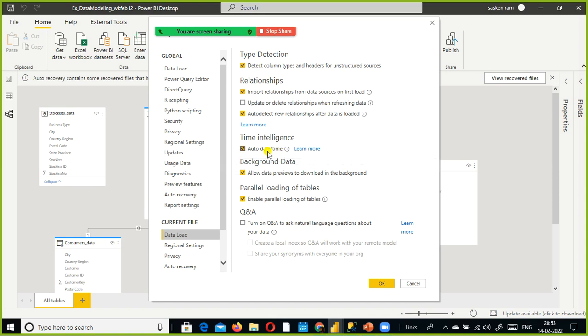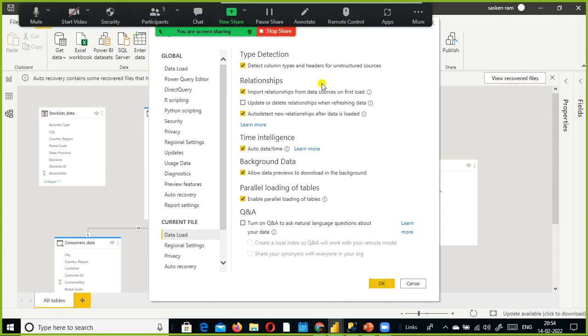You can leave it with Power BI, so it himself will create the date table behind the scene. That is what this option says. This is the default behavior. But when you disable it, the Power BI created date table will not get created, so you need to create the date table on your own. Okay. So anyhow, I'm not going to disturb this. I just leave it as it is.